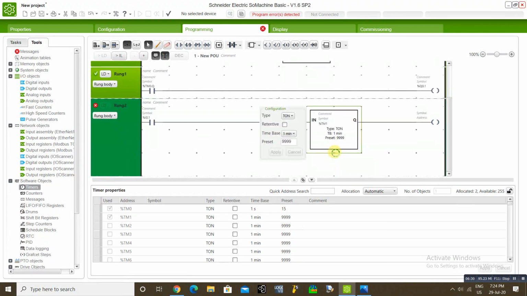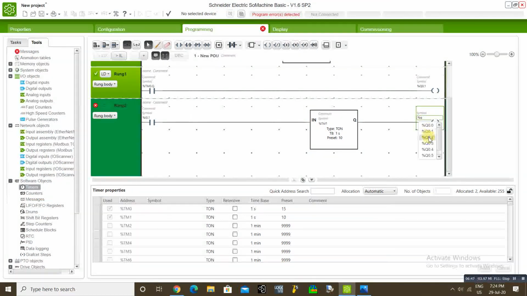Delay on timer, second or millisecond, second. You can set your timing 10 seconds or whatever you want. Connect a different output.